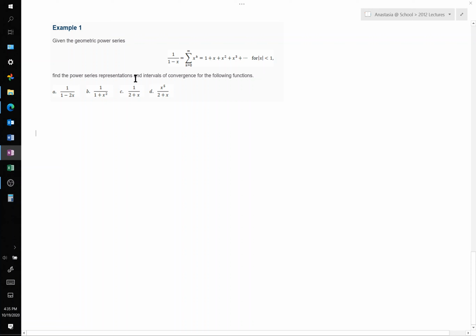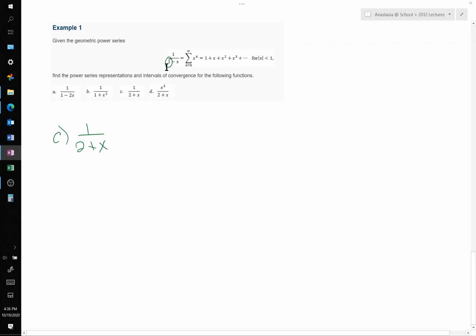We're asked to find the power series representation and interval of convergence for that function based on the geometric power series that we're given. So just like in parts A and B, we need to relate this function in part C, which is 1 over 2 plus x, to the function relating to the geometric power series that we've been given. So the first issue that we have is the fact that we have a 2 in the denominator instead